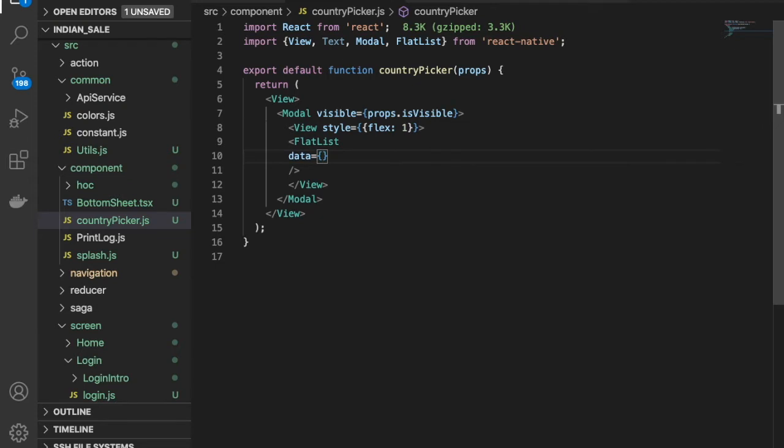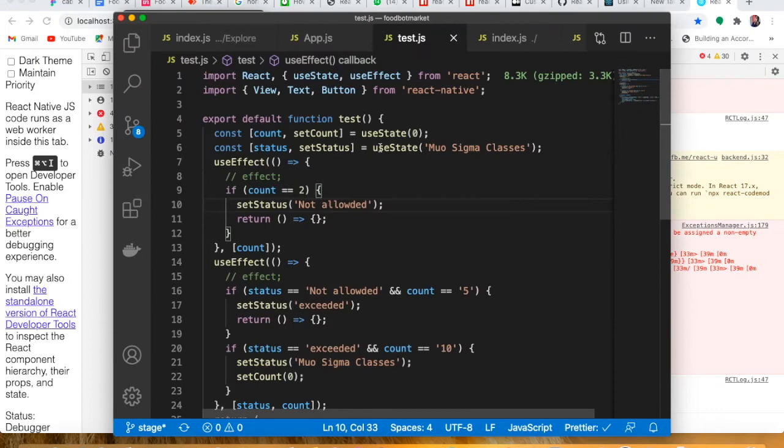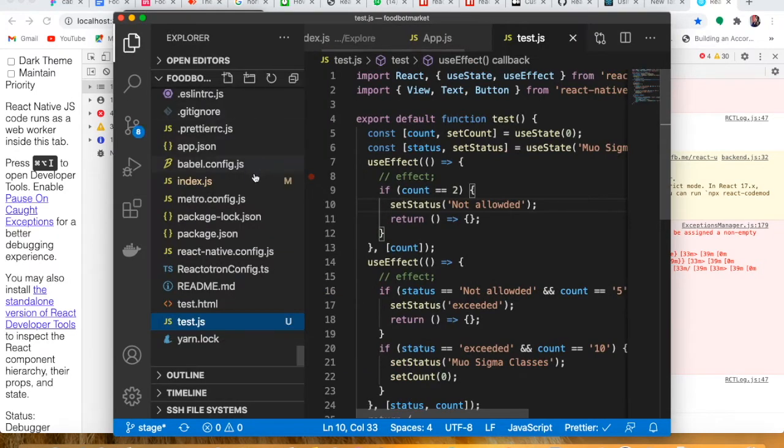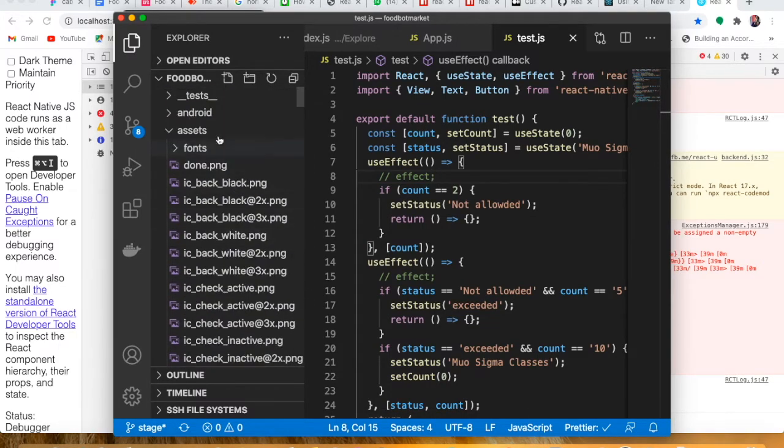So we have to provide the data also. As of now we have no data, right? So we have to keep the data. This is another project, you will see this tutorial. You will get these tutorials very soon, it is just in progress.